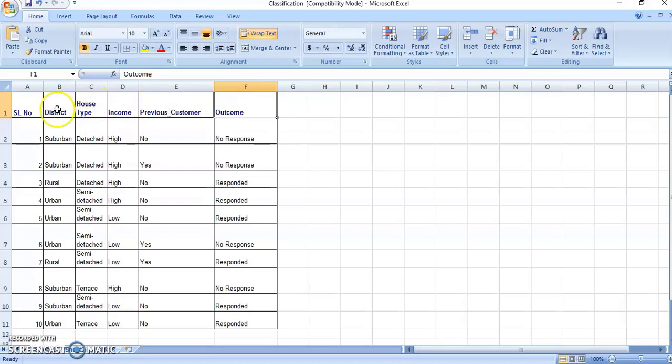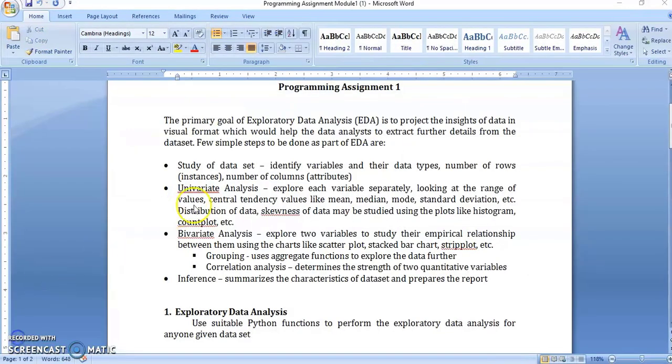Based upon these attribute names, we are collecting the response against each attribute, which is also called the tuple of record. You have to use a data set like this and perform all the visualizations that you have studied, and you have to identify the category of visualization chart that you are using.